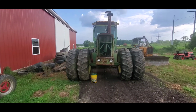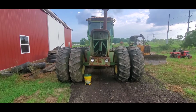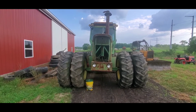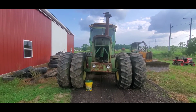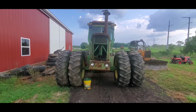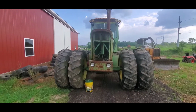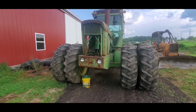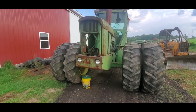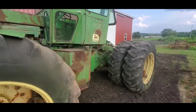What do you guys think this tractor would look like with a set of fenders, flat top fenders, like what was on the 45 and 4620s, some 4320s, and a few of the 4020s, the big squared flat top fenders, two of them facing forward here with headlights in them. I know we got those two down there and two more up on the cab, but hey, more light is more light. And then come around back here,